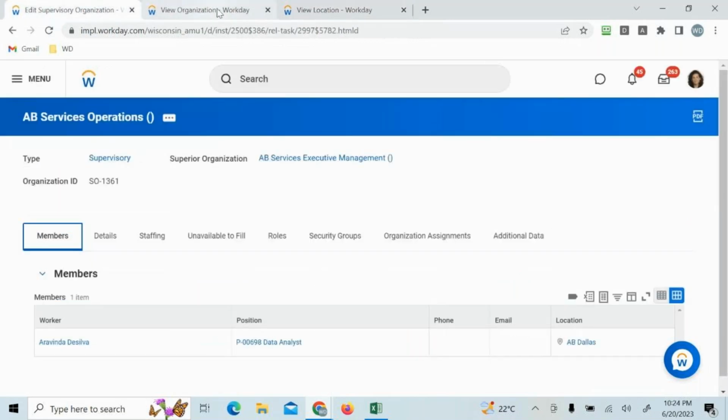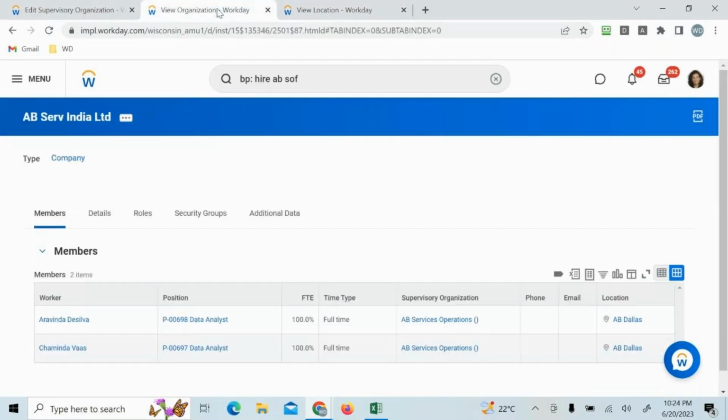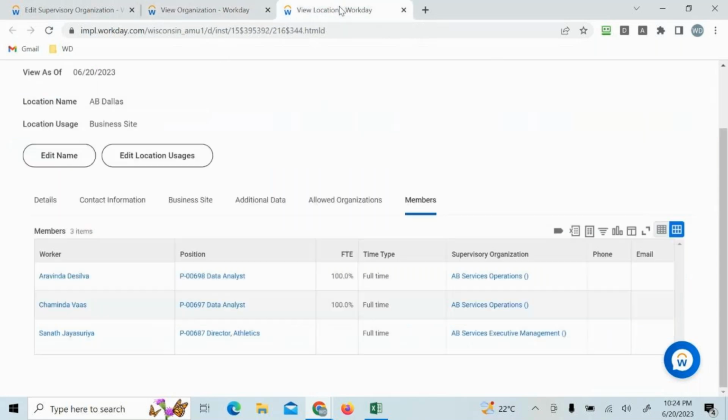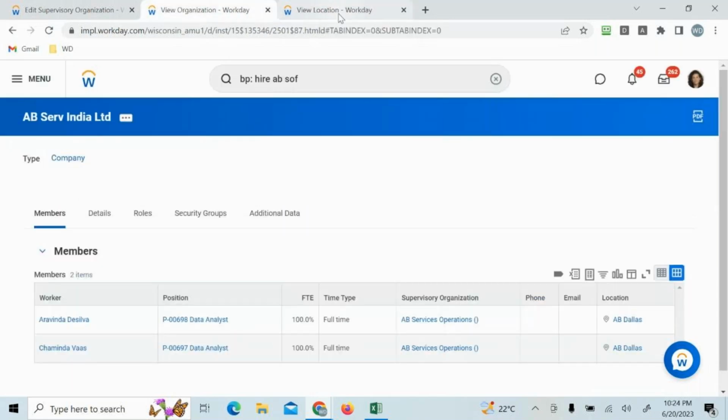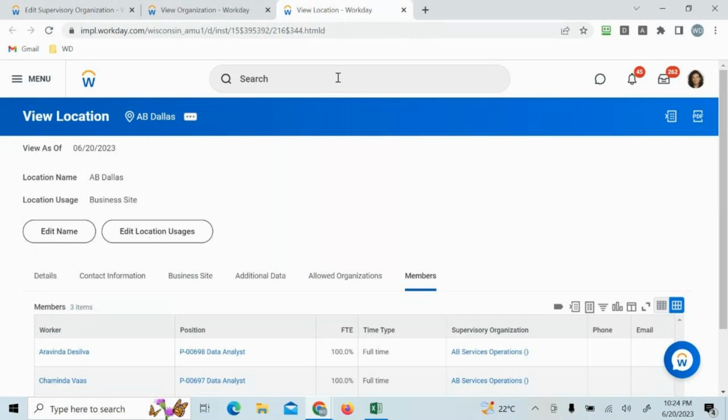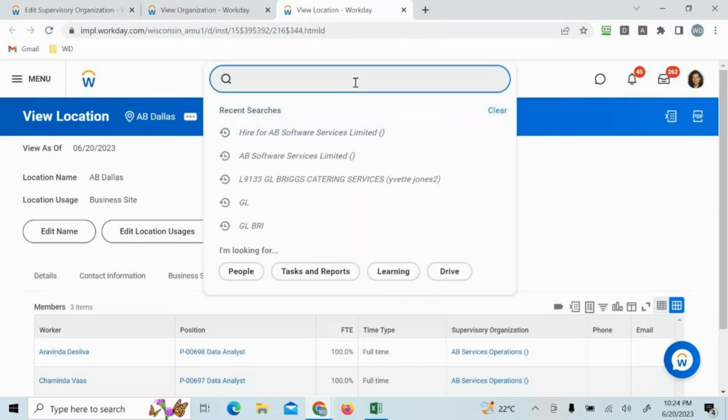Now let me explain you one small concept. When we are performing any hire, we are getting something called a reason. Again, when we are creating any position, we are getting something called position creation reason. So where is it coming from? That is a setup from the system, right? Since we have already created a couple of positions and hires, I would like to show you the task